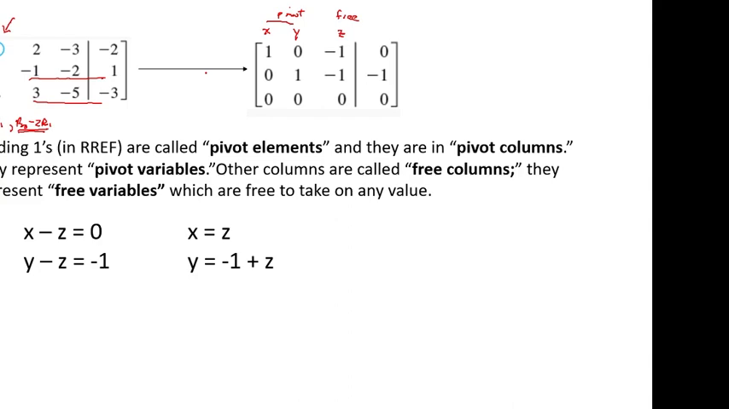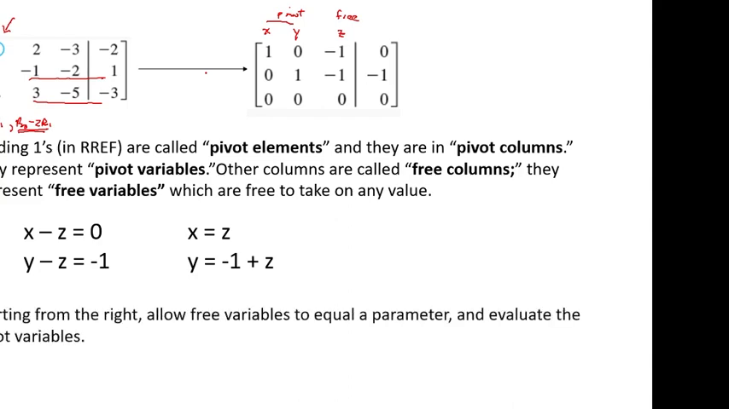Now, what this leads to is what's called a parameterization. So starting from the right, meaning in this case z, you allow the free variables to equal some parameter and evaluate the pivot variables. Or if you write the equations and solve for the pivot variables, anything on the right side of the equation becomes a parameter. So if, for example, we let z equal the parameter t,